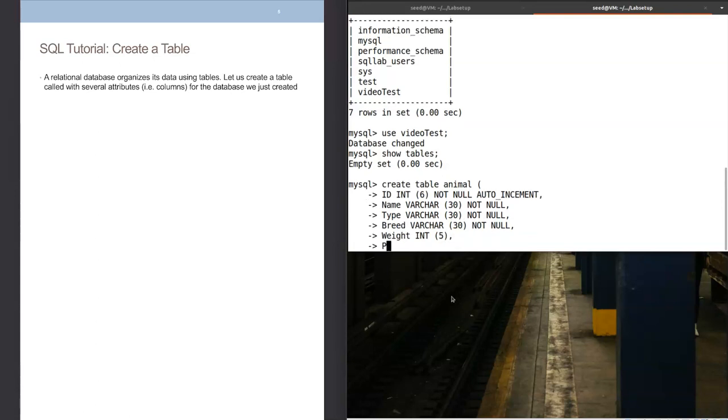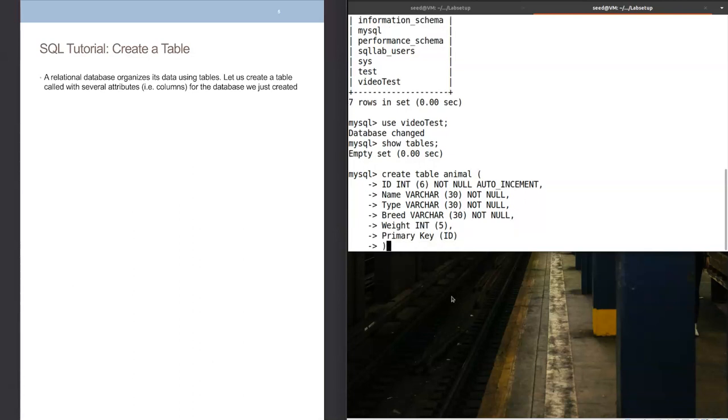Now we have to specify which one of our columns or attributes is the primary key. In this case, I'm going to say that ID is our primary key. Okay, and that's our table. Then I'm going to do a close parentheses and a semicolon to end it. Okay, and so when I hit enter,